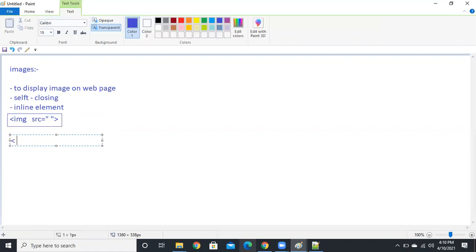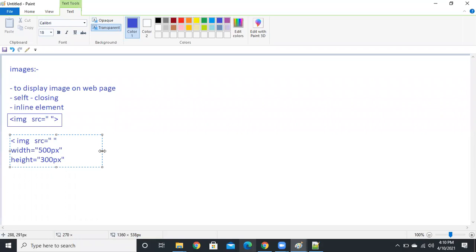Here we have so many attributes. First is src, the image source, like href for links; here we just use the image path. One more attribute is width. If we don't mention it, the original image width will be taken. Width is like 500 pixels, or 300 pixels.